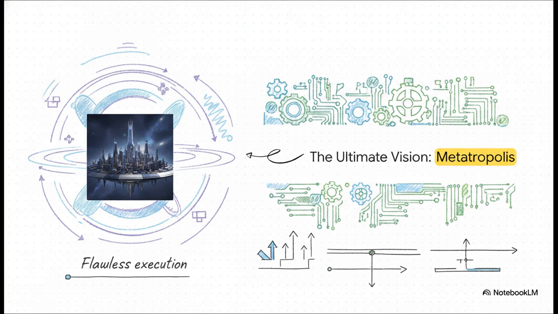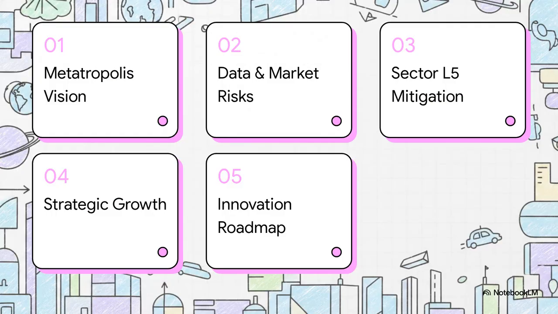Because, well, this right here is our awe-inspiring end goal, Metatropolis, a fully stabilized, multiversal floating city. It's absolutely breathtaking, isn't it? But a vision of this sheer magnitude needs a lot more than just ambition. It takes rigorous engineering, incredibly calculated risk management, and flawless execution. So this explainer is designed to bridge the gap between this monumental vision and the actual, actionable reality of our day-to-day operations.